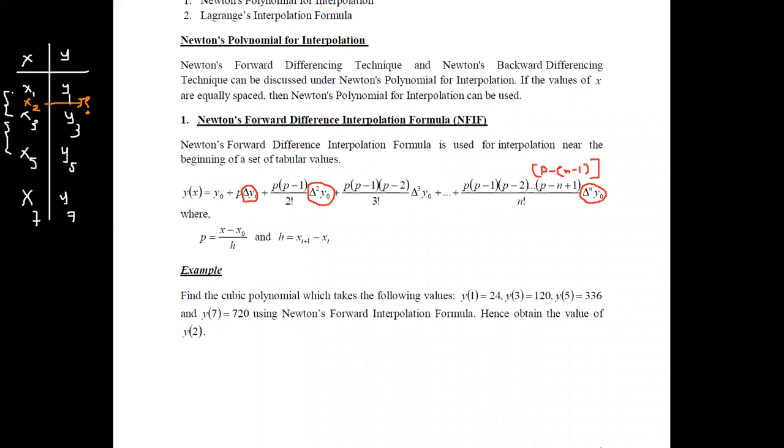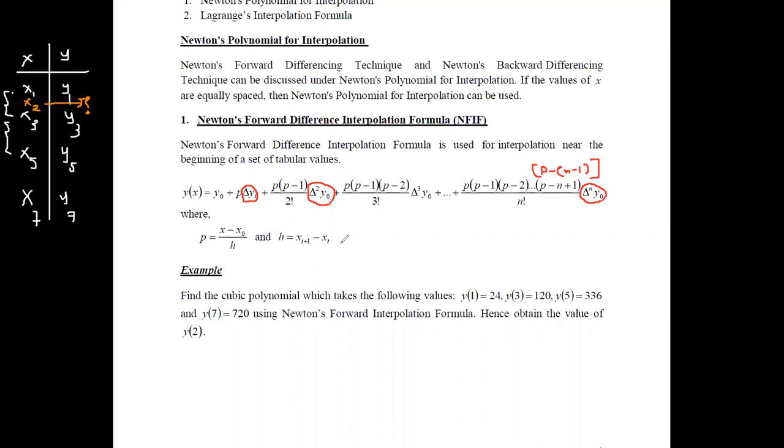This is the Newton's forward interpolation formula that we are using, and here yx is the function, or this approximated function that we are obtaining using this NFIF, where y naught is the initial value and delta y naught is the first differencing, delta 2 y naught is the second differencing, while delta n y naught denotes the nth differencing. And we are defining p as x minus x naught divided by h, where h is the difference between any two given consecutive points.